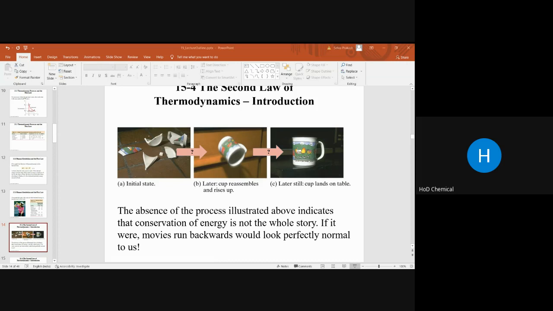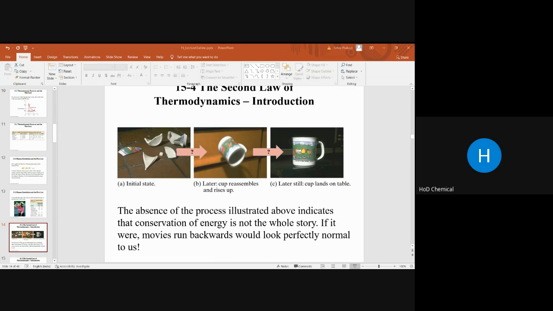Now the metabolic rate: the internal energy is transferred into the body, with light activity and moderate work such as cycling. The absence of the process indicates the conservation of energy. It is quite impossible for a process to go backward and forward. The second law of thermodynamics states which process occurs.